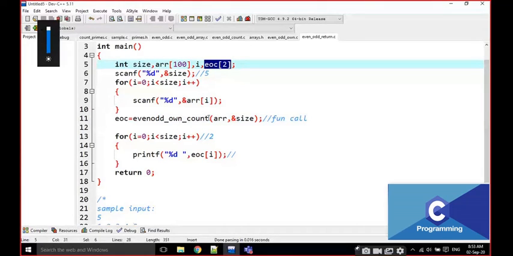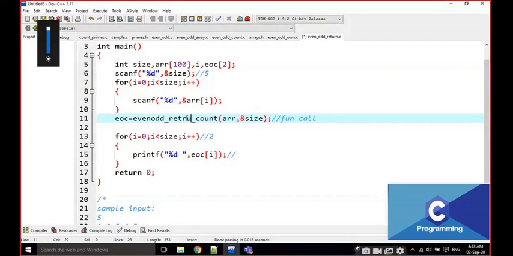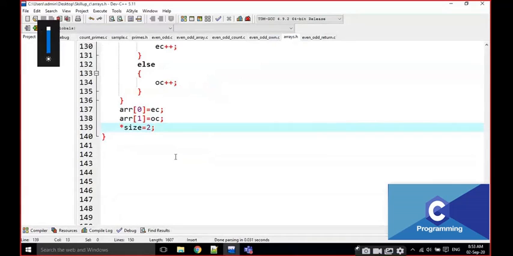I am going to change here. Instead of void, it is going to return the values. I am going to develop it, and I am going to pass the size here also. That means the size is also changed in the function definition. You have to observe everything. It is going to return multiple values.